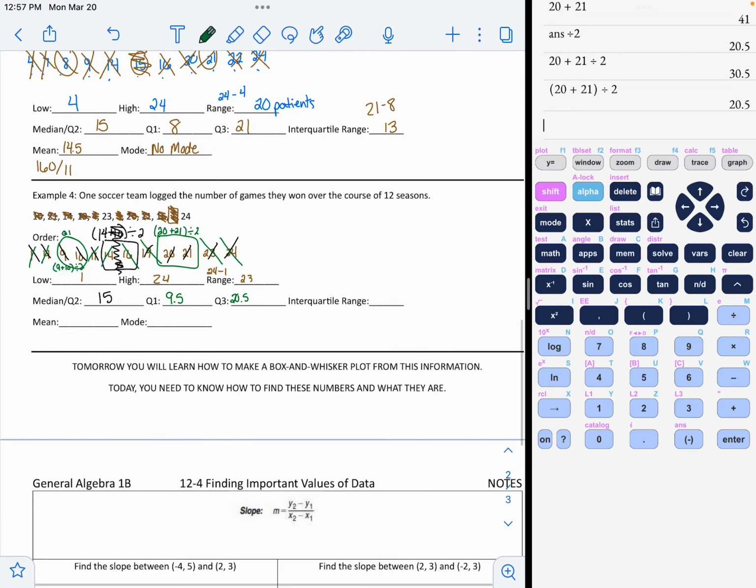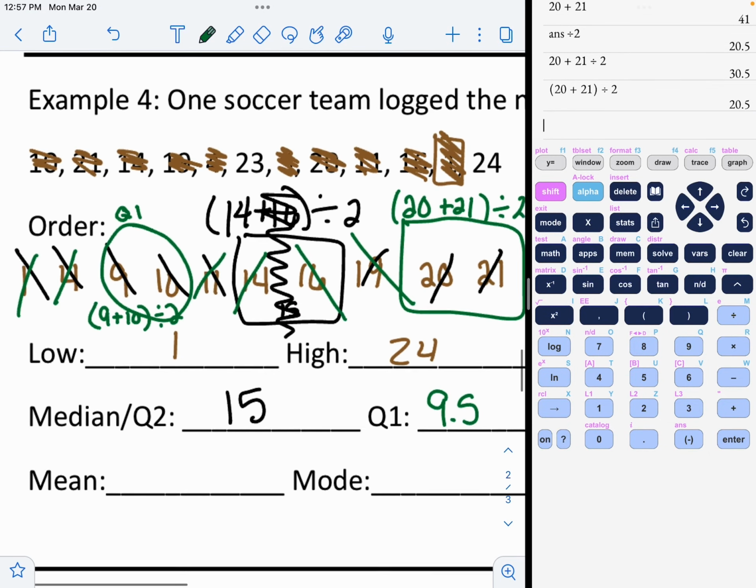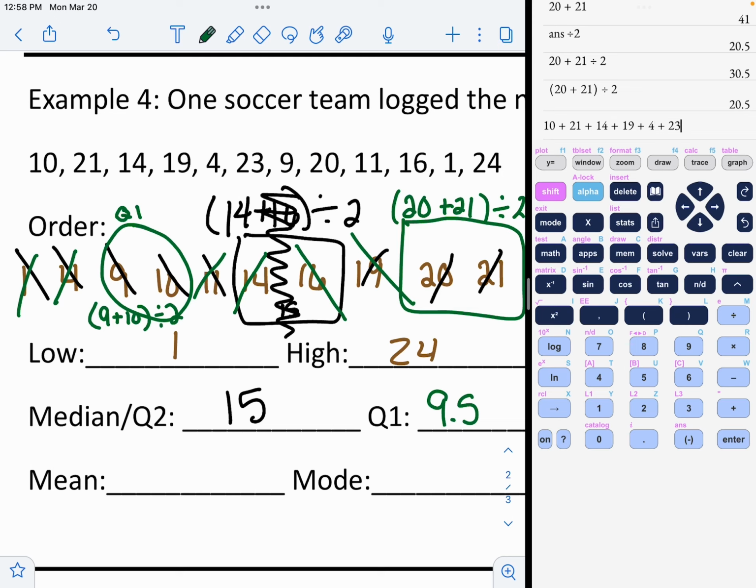Okay, now the mean. Ugh. I like using the original list just because it's not my messy handwriting. Okay, here we go. 10, add 21, add 14, add 19, add 4, add 23, add,